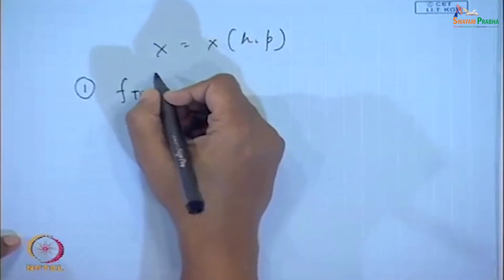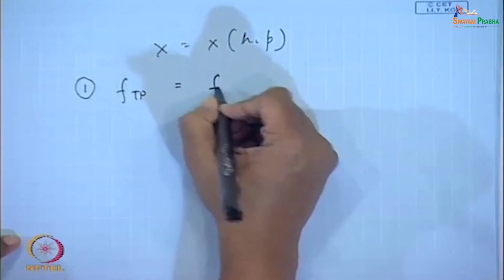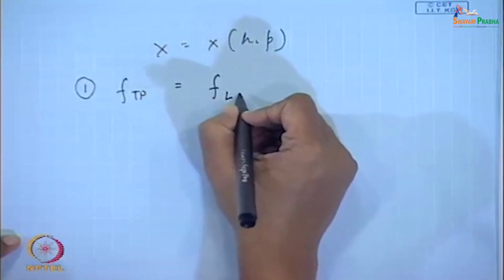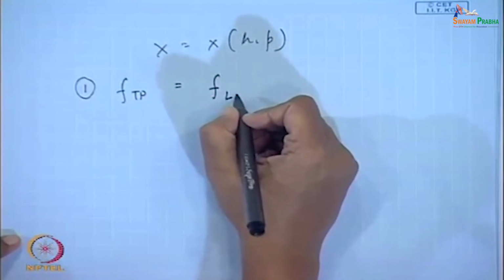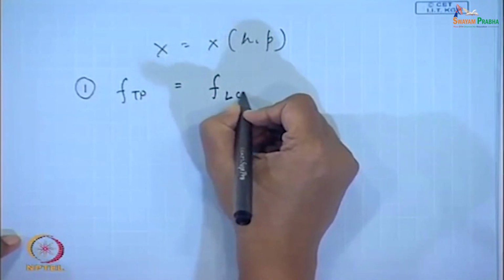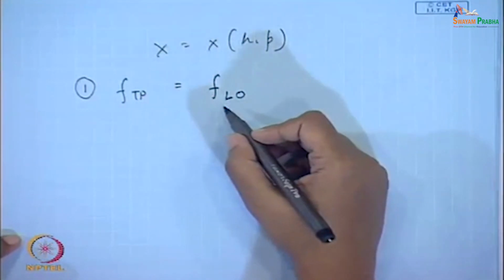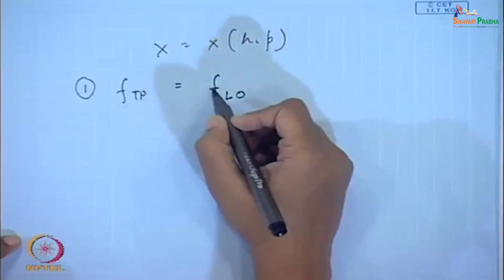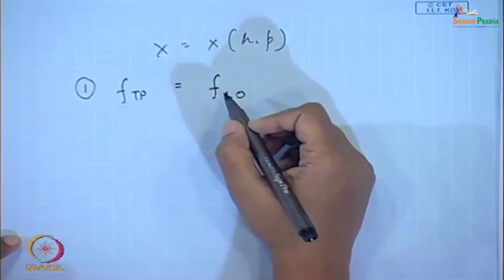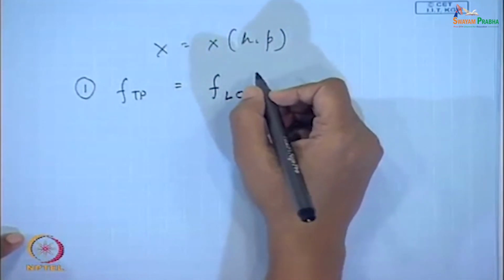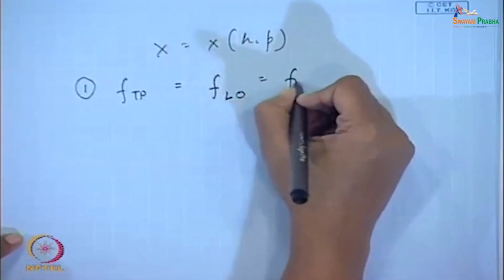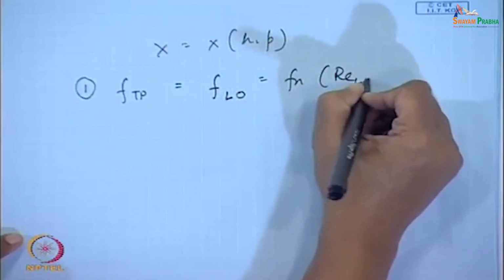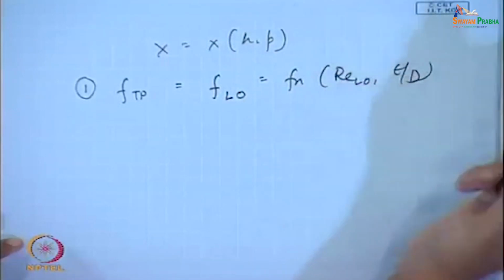So, under such circumstances we can write FTP equal to F when the entire mixture flows as liquid, or in other words we define it as FLO, or F liquid only, when the entire mixture flows as liquid. Okay? And naturally then this becomes a function of Reynolds number and of course, the roughness factor,